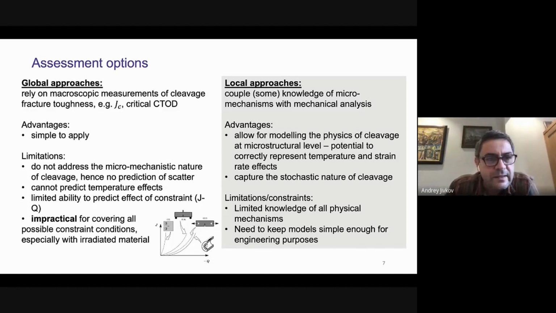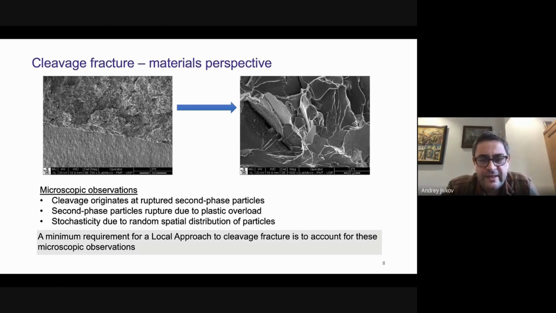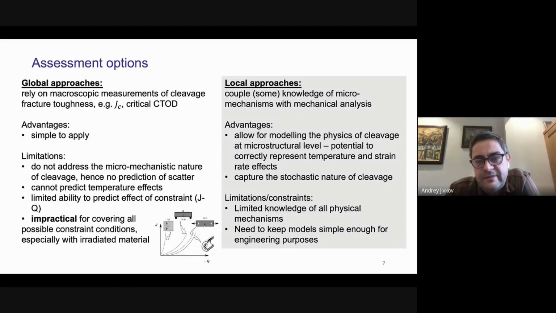So we have the development of these local approaches that you'll see, and the advantage is that we can model the physics of cleavage at macrostructural level. We are not there yet with everything that we know or the things that we don't know, but in principle, they should be able to model the physics of cleavage. They are currently capturing the stochastic nature of cleavage. And our problems are that we have limited knowledge of all the mechanisms that I'm going to show in a couple of slides. From one side, we have limited knowledge. From other sides, the engineering profession asks us to make the models as simple as possible. And so we have some